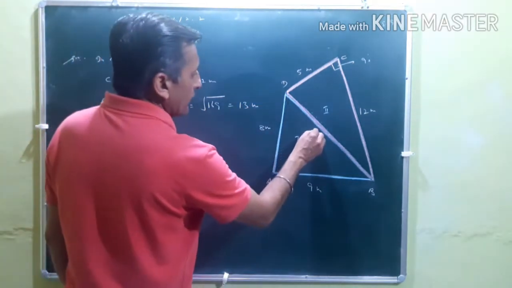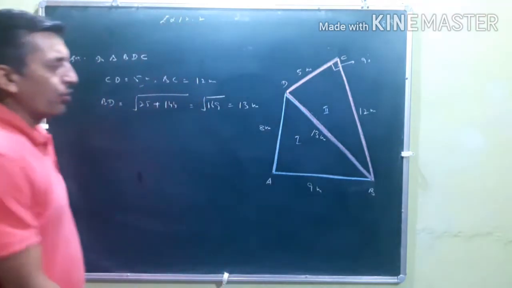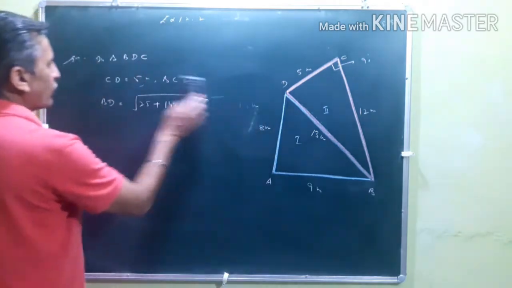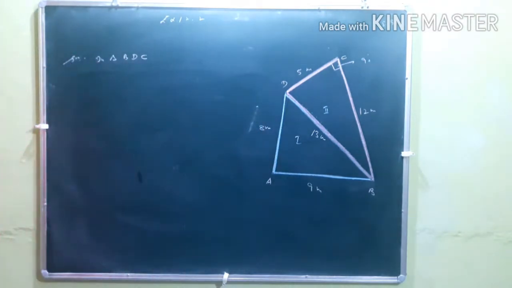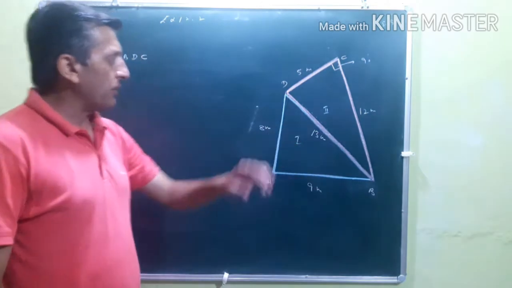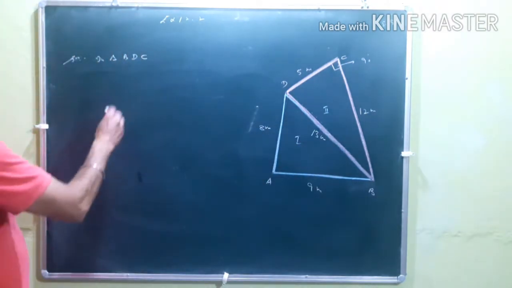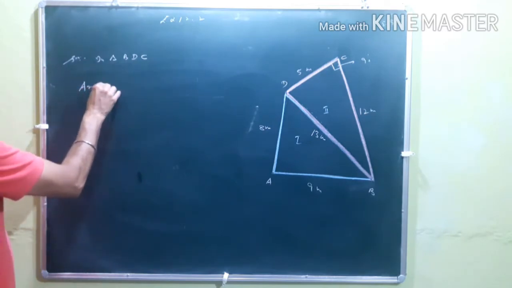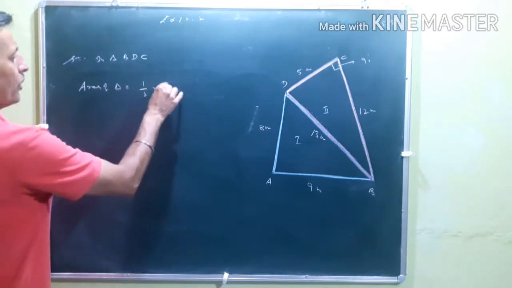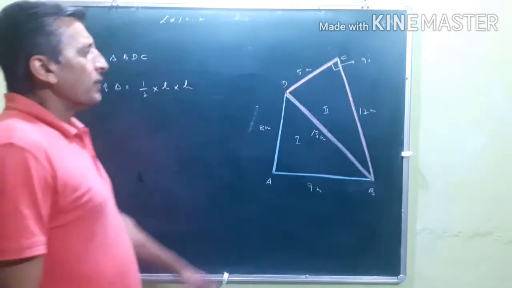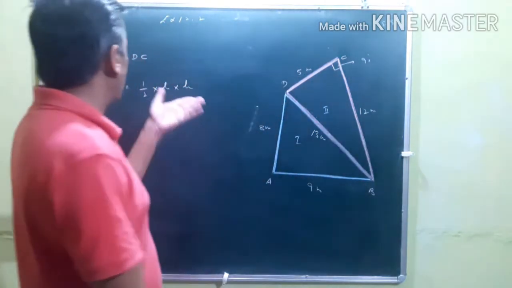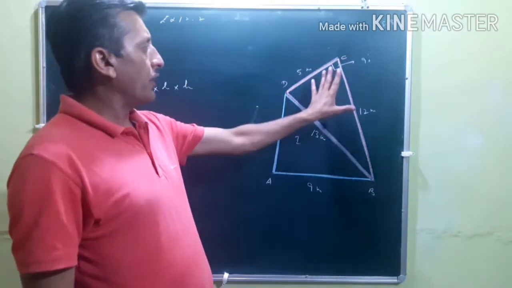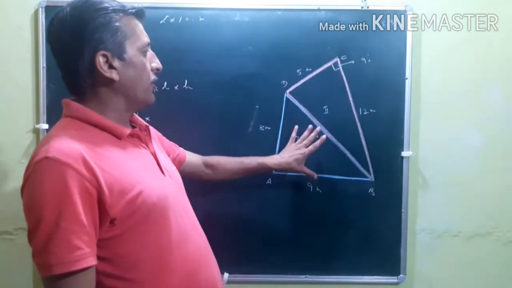So this length, which was unknown, is known now. This triangle is complete. Okay, so here you can now use Heron's formula. That's why I found out this BD part. First, in the triangle BDC, the area of a triangle is equal to 1 by 2 b into h, because in this case b is given and h is given, so that's why I'm using this formula. Here you can use Heron's formula also. So you can use Heron's formula here and here in both the cases.